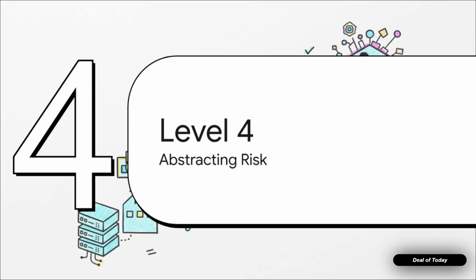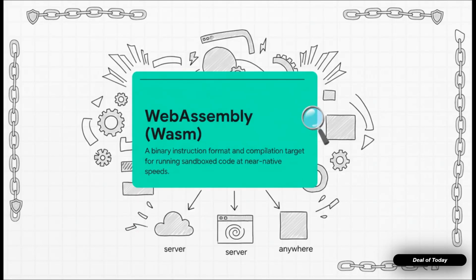Okay, this brings us to the cutting edge, the next great abstraction. We've abstracted away machines, we've abstracted away infrastructure, and we're working on the friction. The next frontier is abstracting away risk itself by building security into the code's runtime in a totally new way. And the technology that's really leading the charge here is WebAssembly, or WASM for short. Now, don't let the web part fool you. It may have started in the browser, but what it's become is a universal, super high performance, and incredibly secure runtime that can execute code basically anywhere, including on your servers.